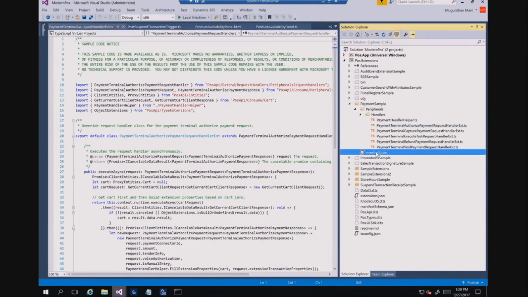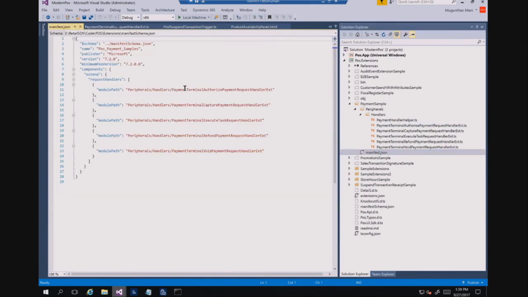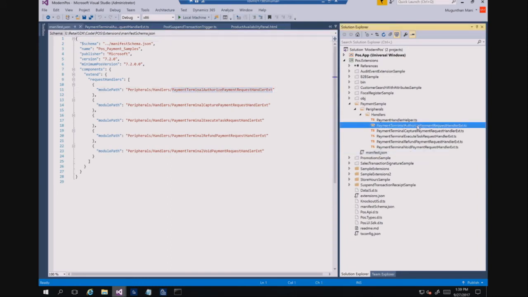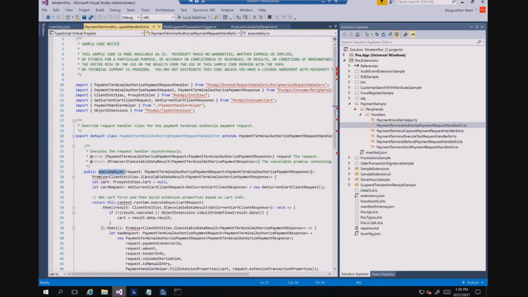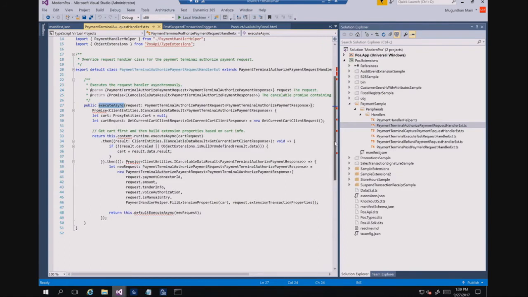Basically in the manifest you will tell, hey, we are going to override the authorize request handler. We are creating an extension here, so we'll specify that here, and then here you will do an execute, and you can write whatever logic you want. So if you don't want to use our flow, you can use this pattern, and then you can do the extension. So that's how you will override our request flow.